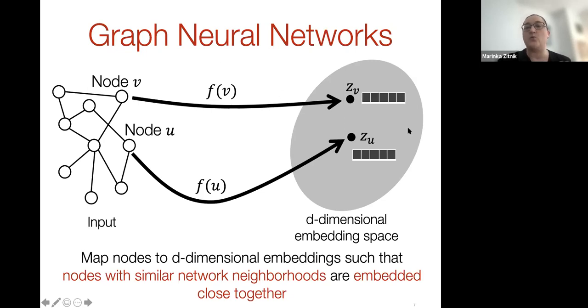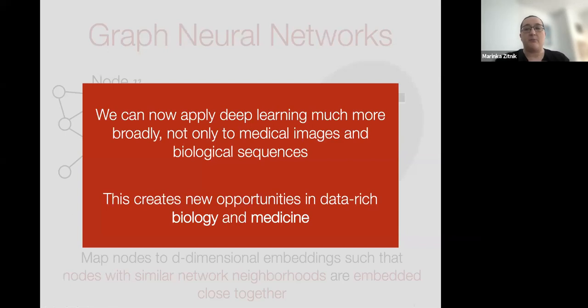Depending on that, one can get different kinds of embeddings. So at a broad scale, the implication of graph neural networks is that we can now apply deep learning much more broadly, not only to medical images, not only to biological sequences, but to any network that we encounter in biology or medicine. And this creates exciting new opportunities in the area of